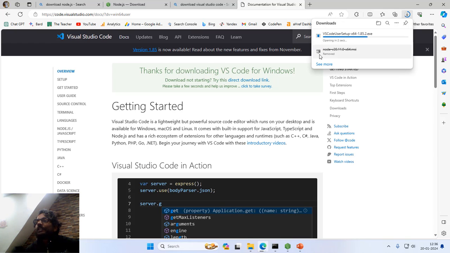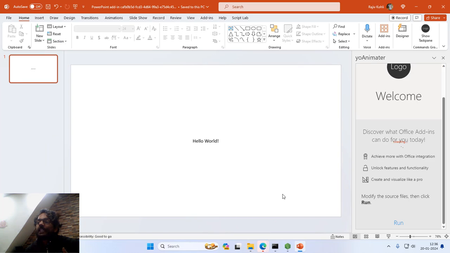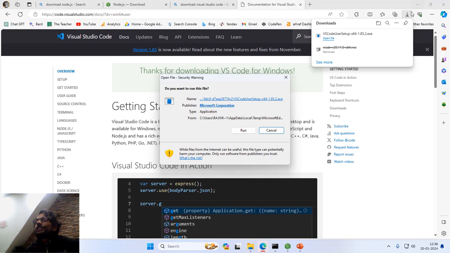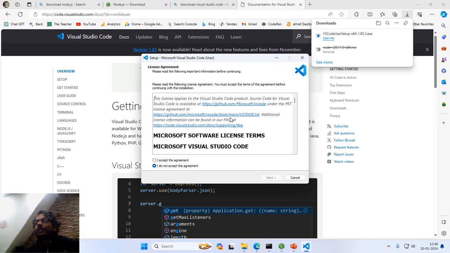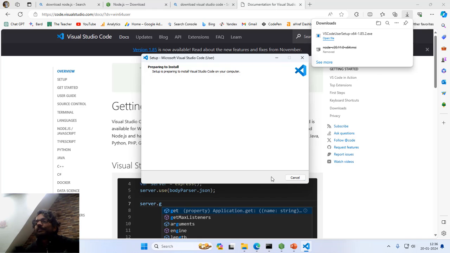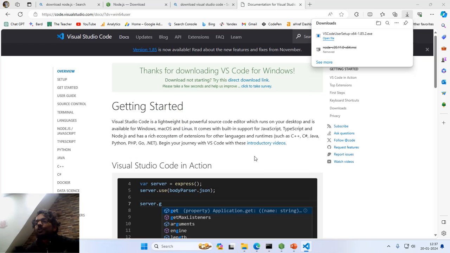So I will open and run this setup for Visual Studio Code, and after that I will show you how you can open your entire Office Add-in folder inside Visual Studio Code so you can easily edit the coding files as required. So let it install the Visual Studio tools first. Once the installation is complete, you can launch Visual Studio Code,